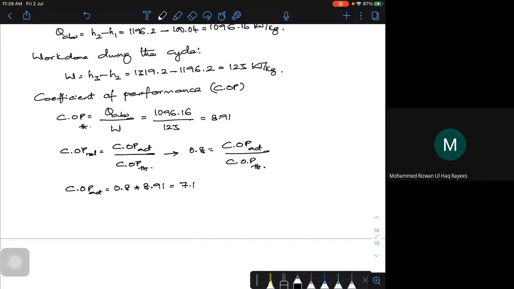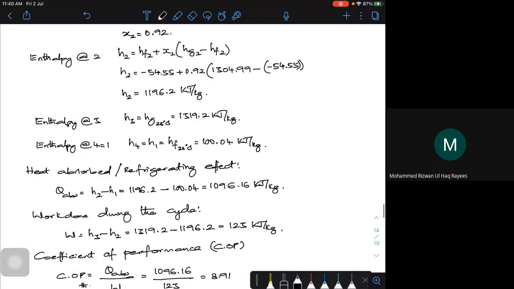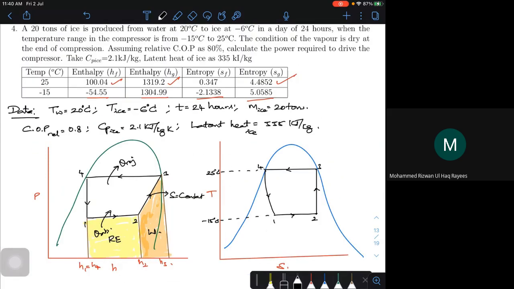Is that clear? So this is how you can find it. Take any refrigeration cycle, the procedure remains the same. You have to draw the pH chart and the TS diagram. If the values are not given in the table, you have to refer to your refrigeration table. You just have to do a little bit of practice. Whatever numericals I give, try to understand what is given and what you are supposed to do. Any doubts here?